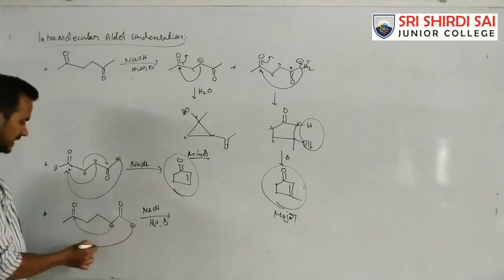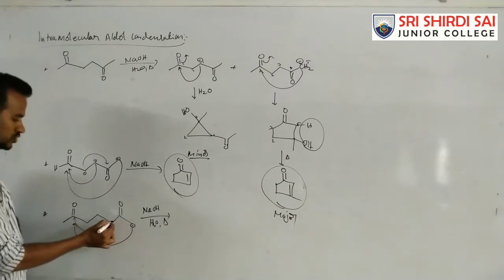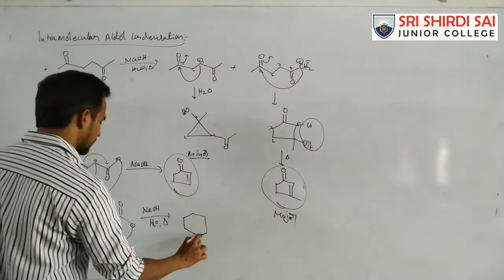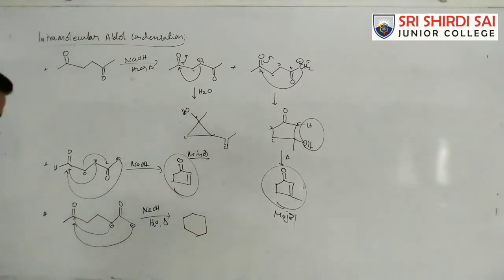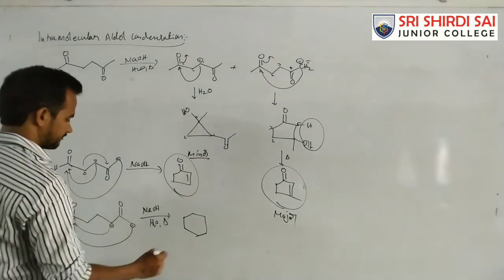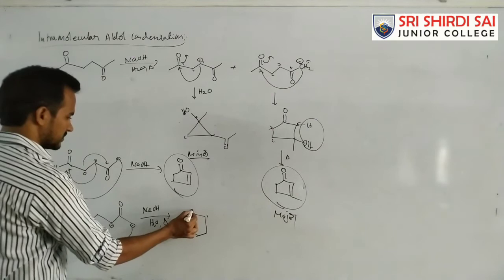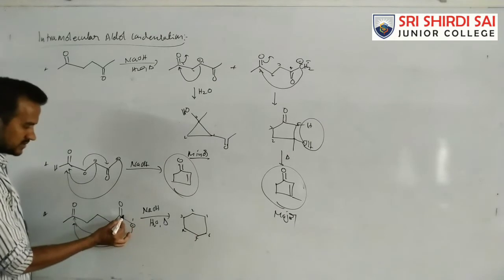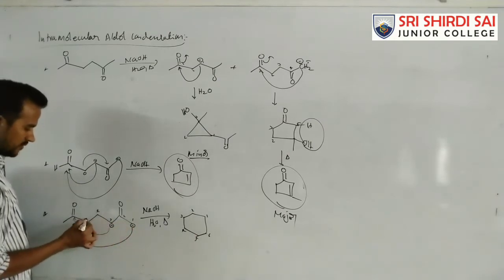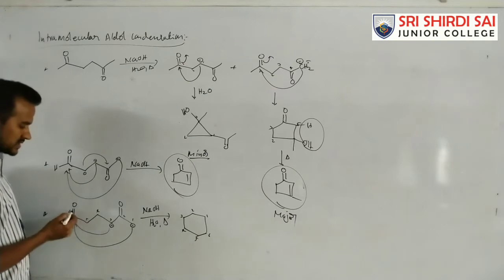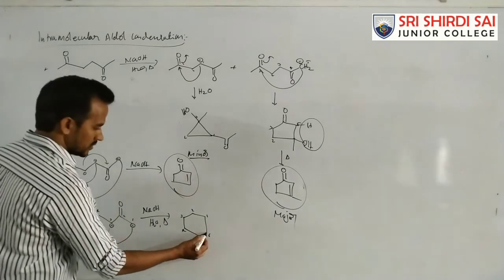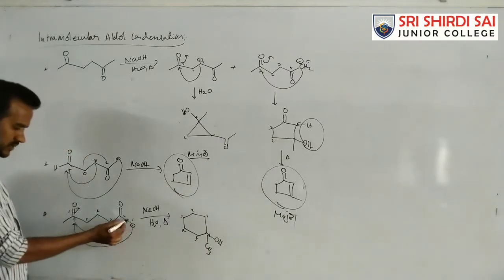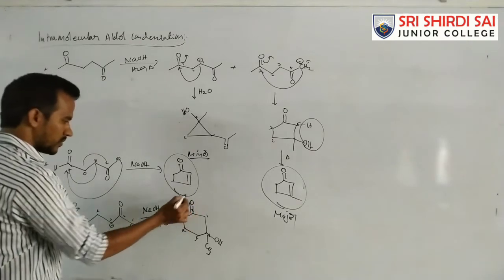Next here, this one attacks on this carbon. 1, 2, 3, 4, 5, 6. So a 6-member ring. So directly I am writing the 6-member ring. Okay. So now the first carbon, second carbon, third carbon, fourth carbon, fifth carbon, sixth carbon. On the sixth carbon, the group becomes OH. OH and the remaining one is methyl. Okay. Next here, this one, the second carbon has a double bond O.